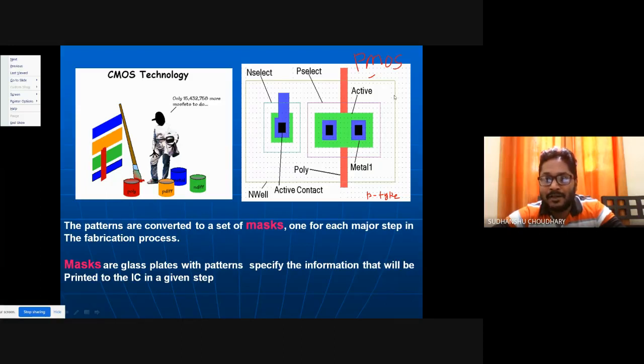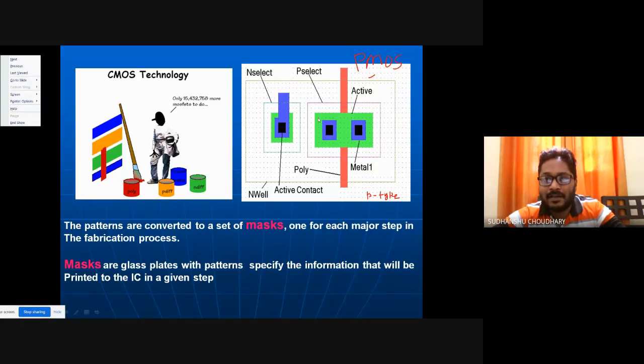And then after drawing the N-well, I need to have a P-type region inside the N-well, which is defined by this P-select. If I draw this rectangular block, it means that I have created a P-type region in an N-well.